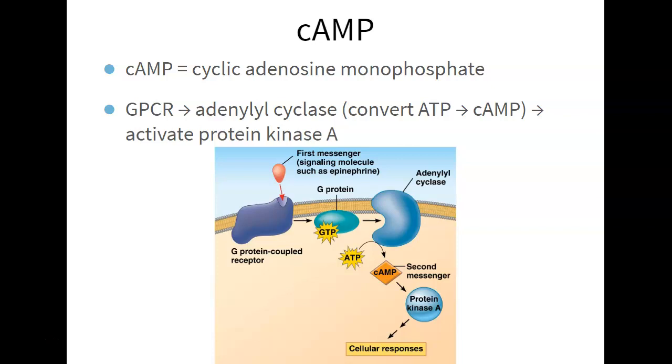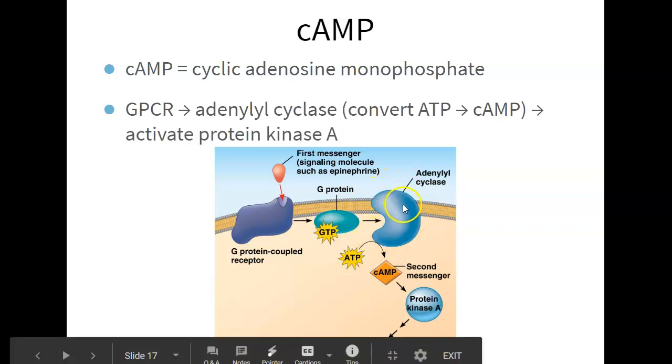Cyclic AMP literally stands for cyclic adenosine monophosphate. There's also, in the process, we go from a G-coupled protein receptor to something called adenyl cyclase, which is the enzyme that needs to be activated. And it can turn ATP into cyclic AMP. And it,